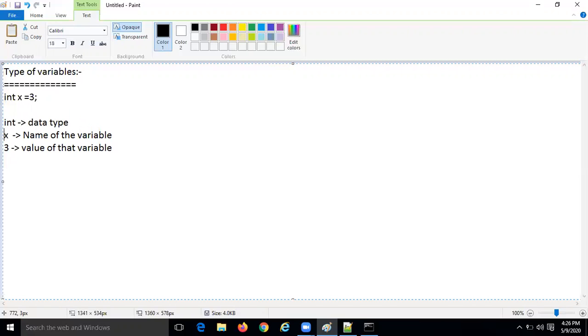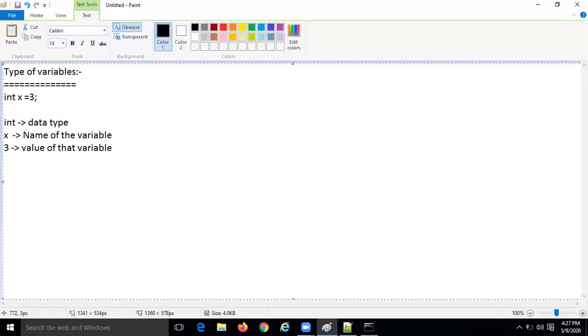Int is the data type, x is the name of the variable, 3 is the value of that variable. Now, types of variables, you can declare a number of types. I will tell you one by one. So today's concept is types of variables.